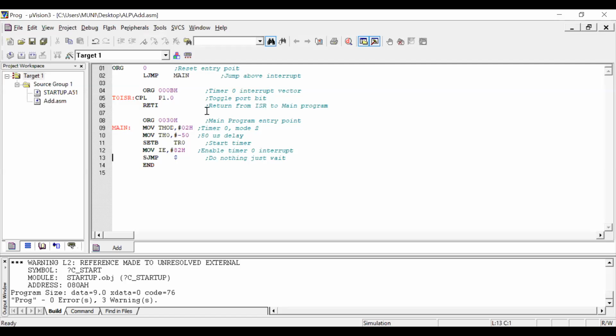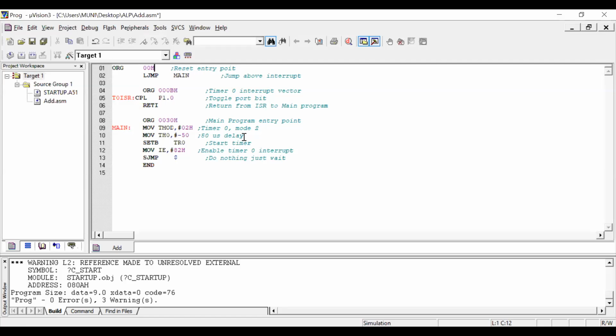In this Keil software, here same ORG 00H, LJMP to main program. Here ORG 30H is written. MOV TMOD, #02, that indicates timer 0 mode 2 is initialized, and then move the initial value.